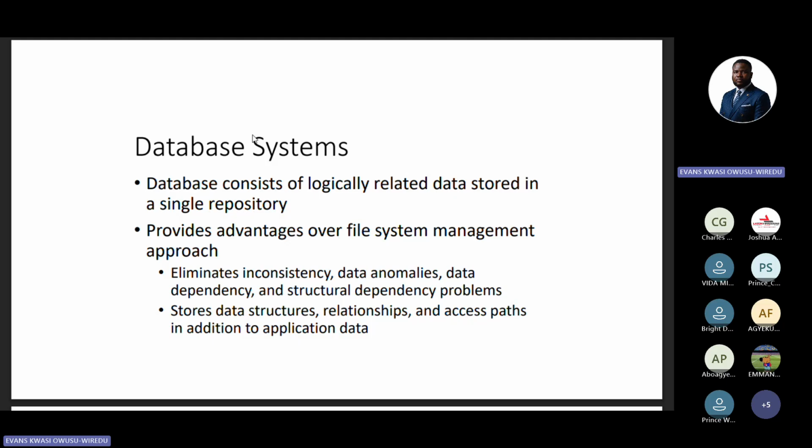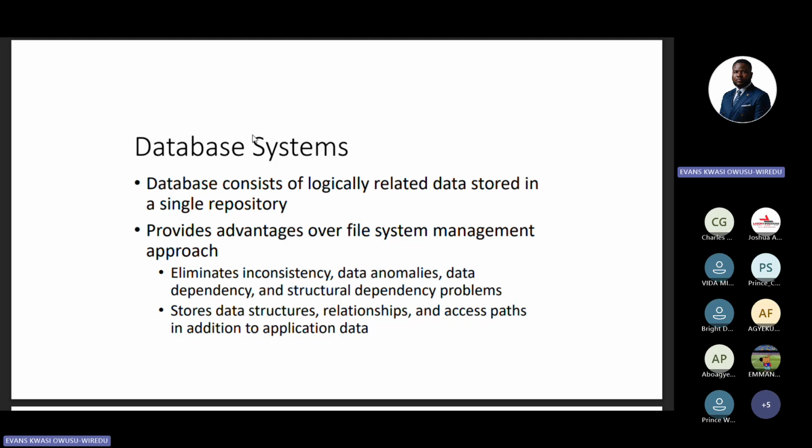You see, instead of having single databases in each department, you can have a centralized but distributed one. I'm going to explain that later on, right? You can have a centralized but distributed one where everybody with different computers in different branches of that same company has access to that same data that they would need. You get it? And there is limited access, depending on whether you are a manager, owner, or a normal worker, right? So it is more organized if you look at the database systems as compared to the file system.